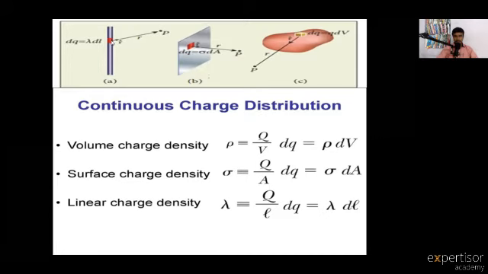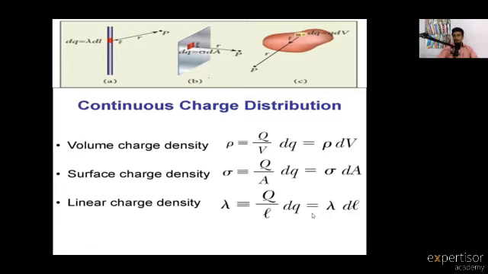Suppose you consider here a small amount of length, that is dl, and a small amount of charge, that is dq, and also here the testing charge is placed at point P at r distance from the conductor. Here r cap is the unit vector, so its value is equal to 1. Here the definition is charge per length of the conductor, that gives linear charge density.